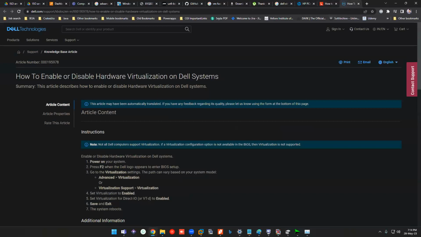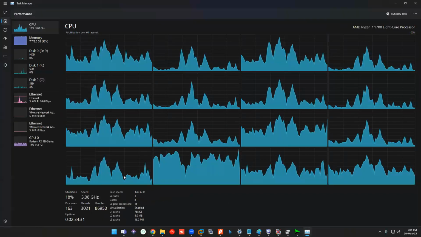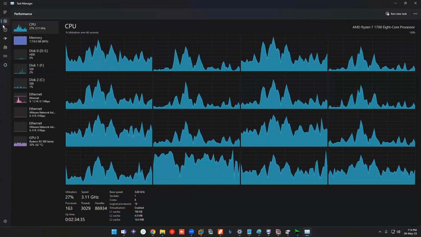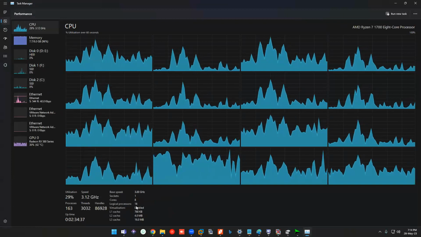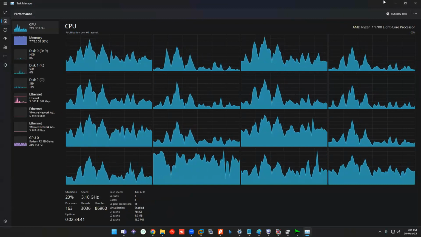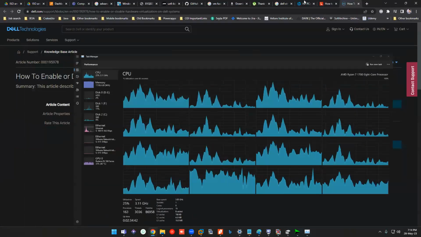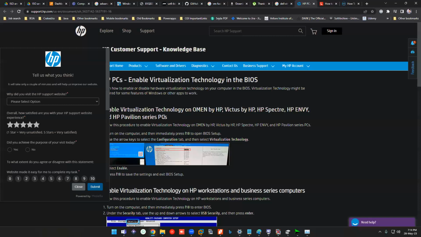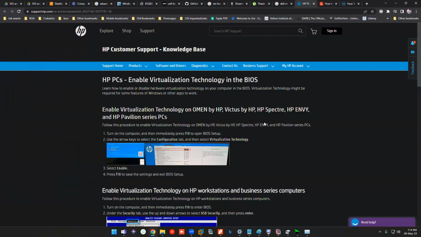First thing, since you're already working on your laptop, go to your task manager, and in the performance tab under CPU, see whether virtualization is enabled or not. If it is disabled here, you need to Google this and configure it. Okay, if you still have doubts, then reach out to me by mail.